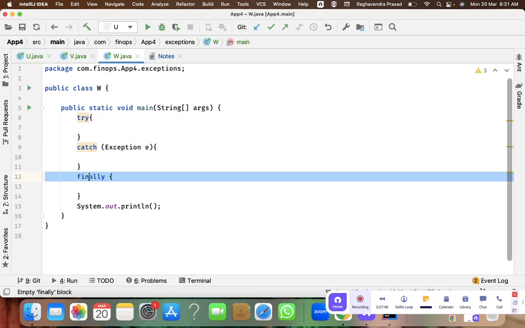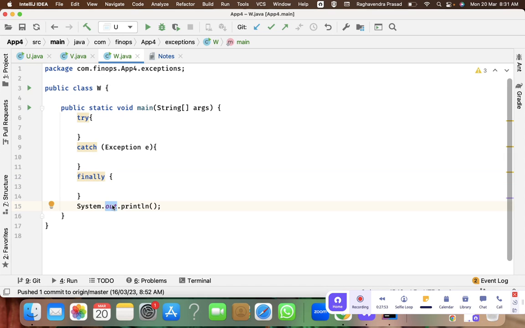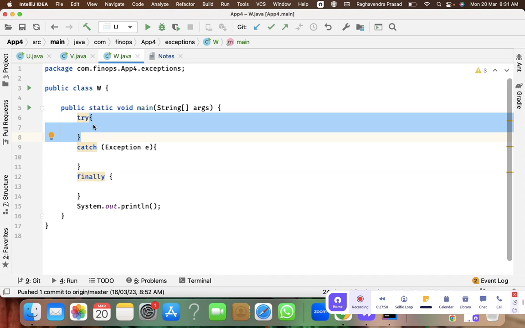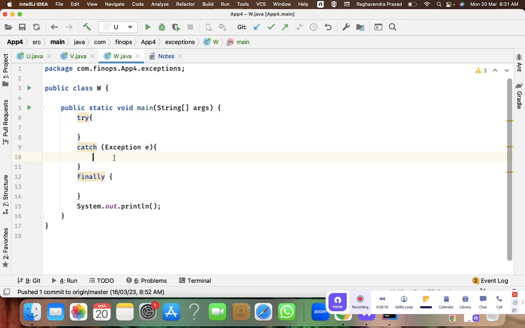I wanted to put the finally block, but you are saying you wanted to put it after the try catch block. Correct? Right. So let's say an exception happens here in the try block. What will happen when the exception happens in the try block? If it is handled, it will go to the catch block, and then it will go to the finally block. And then, as you said, whatever you put inside, it will execute, right? Yes. But when